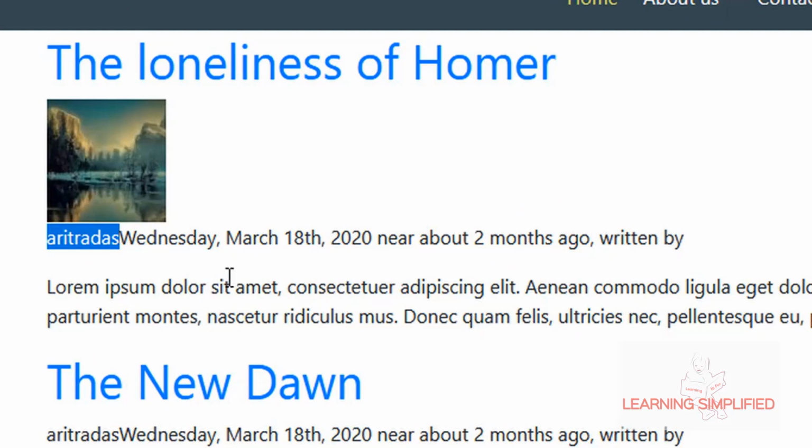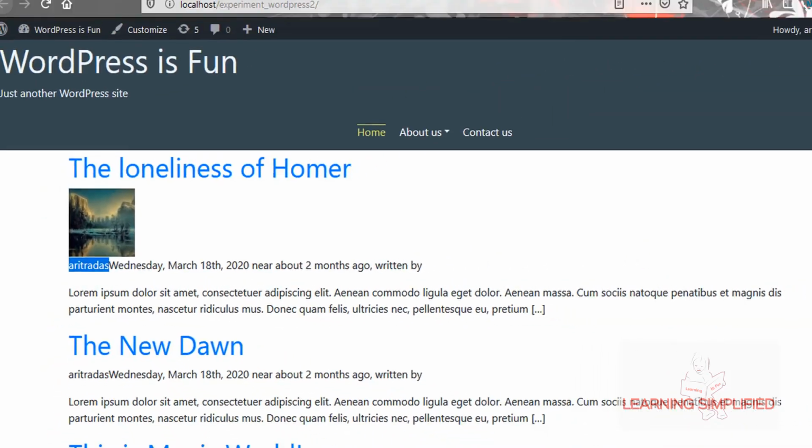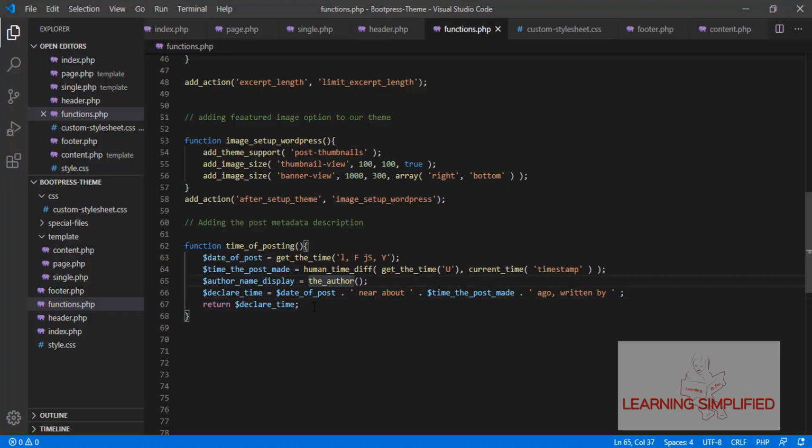In order to get the proper display in the proper places, all we need to do is make use of this get the author property first. And whenever we are using this get the author or any get WordPress function here, we need to echo it separately in order to be printed or displayed on our site.